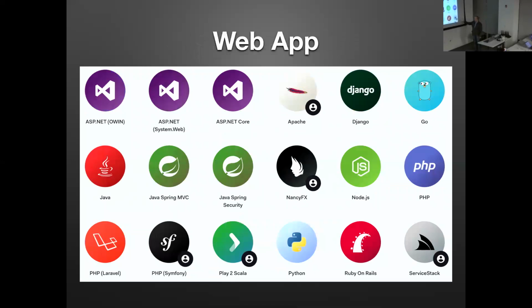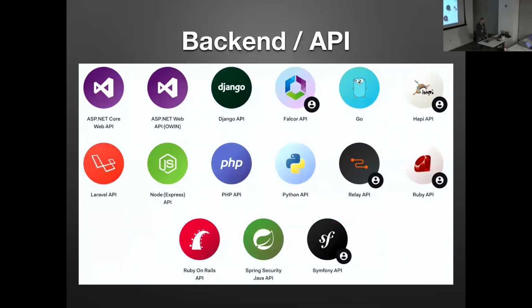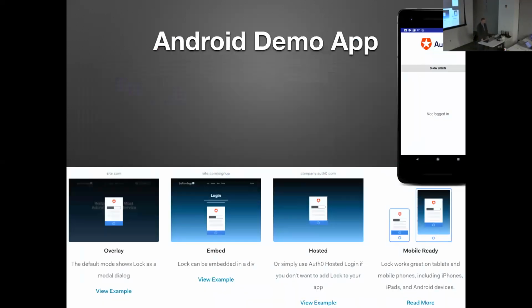Traditional web apps, there's quite a few technologies that they interact or integrate with. And the last one, the backend API, all sorts of things to choose from. These are more like the scripts, server processes. Behind each one of these circles on these slides, you click on it on the website and it goes through this quick start, like a wizard experience. You create your app and it's tailored to each technology. So I thought that was pretty impressive of how much attention they put into the different technologies.